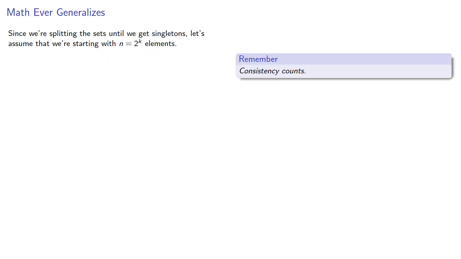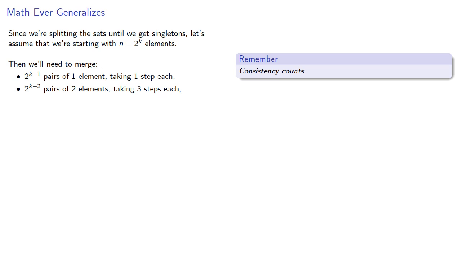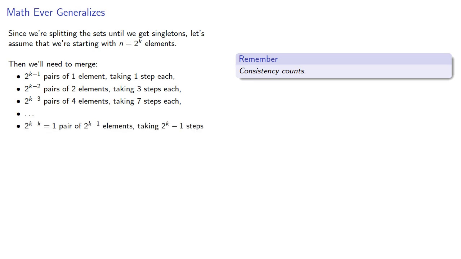Since we're splitting the sets until we get singletons, let's assume that we're starting with n equals 2 to the power k elements. Then we'll need to merge 2 to the power k minus 1 pairs of 1 element, taking 1 step, 2 to the power k minus 2 pairs of 2 elements, taking 3 steps, 2 to the power k minus 3 pairs of 4 elements, taking 7 steps, and so on, eventually giving us 2 to the power k minus k, 1 pair of 2 to the k minus 1 elements, taking 2 to the k minus 1 steps. And this takes, to find the sum,